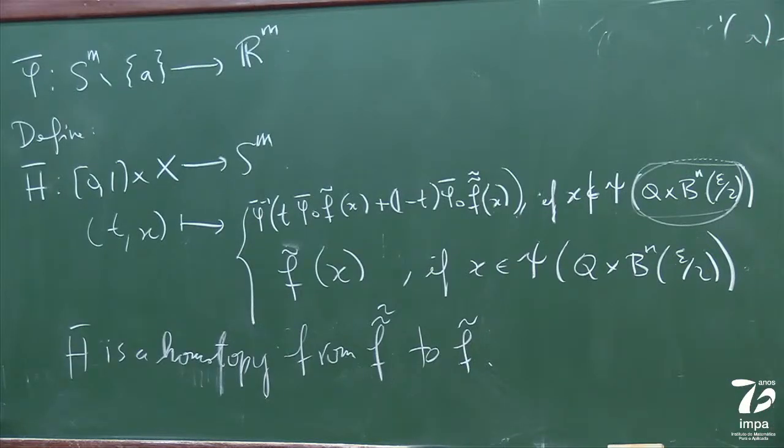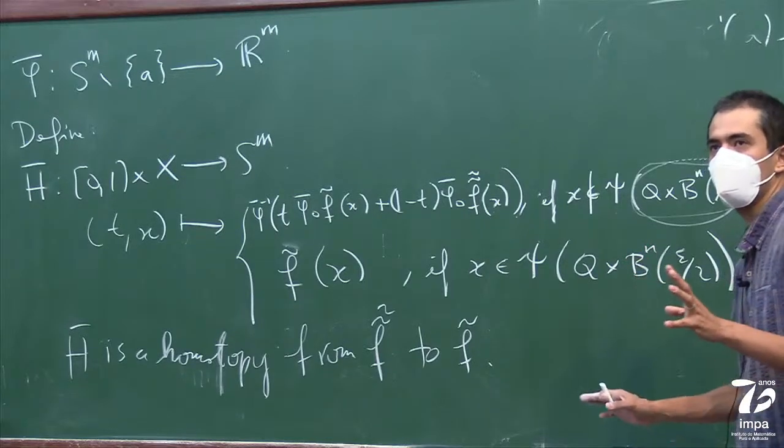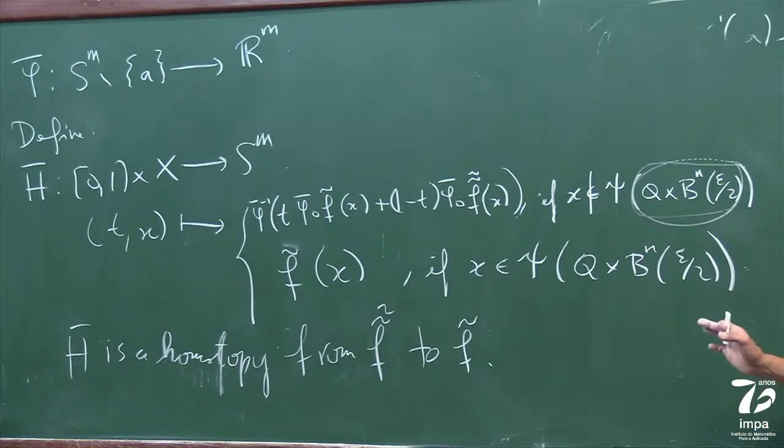Any questions about this? I know this is long, and in a way, I hope this clarifies even the proof of the Hopf degree theorem. It's exactly the same thing. I think this time I did it a little bit more carefully, and I explained why this condition here is so important. Okay? So, let me say one more time what we do, and then I promise I'll stop and we're going to Morse theory.